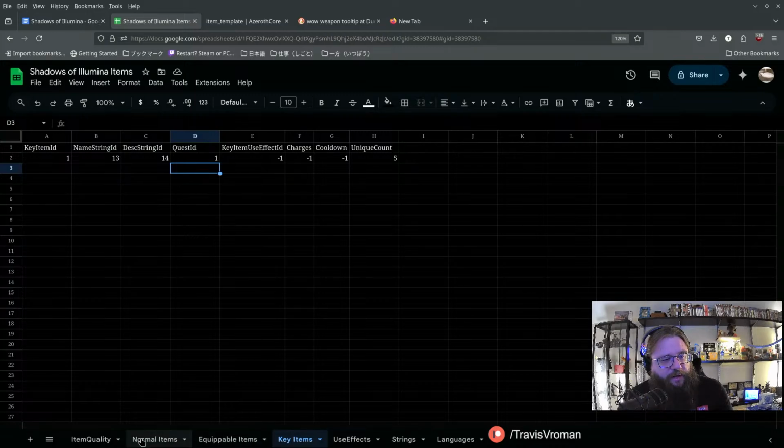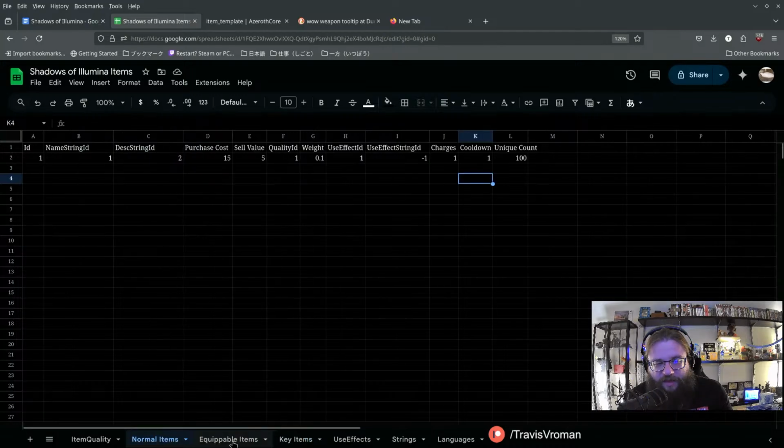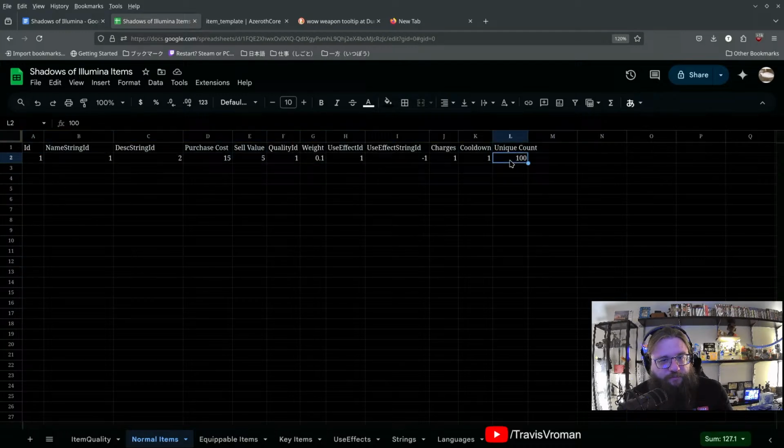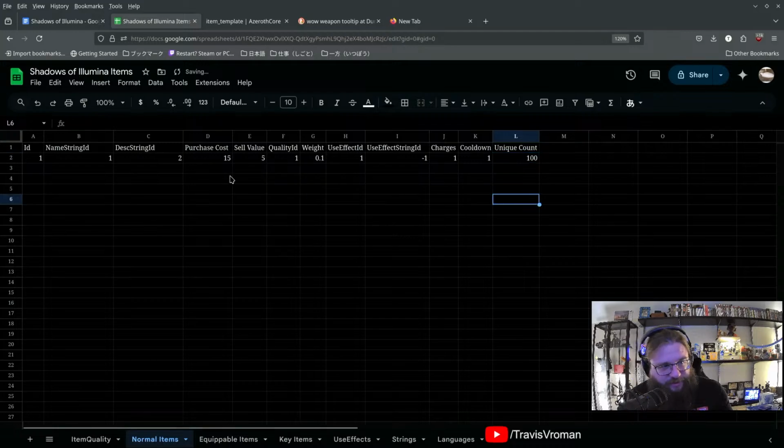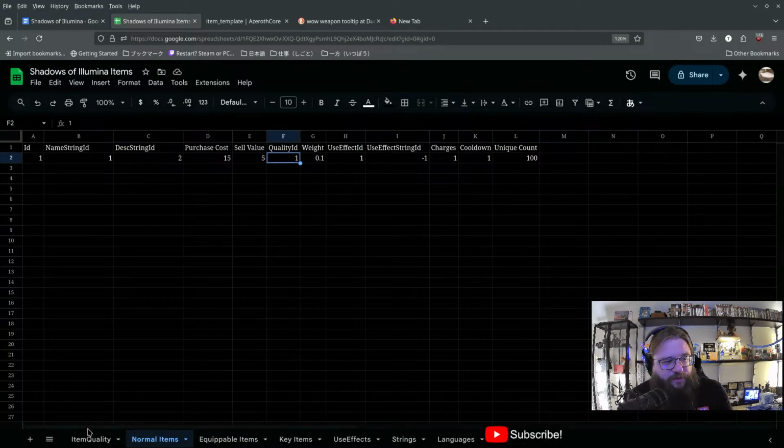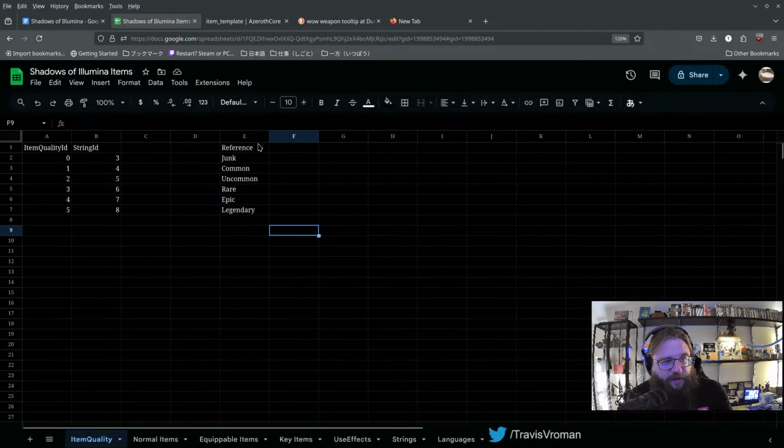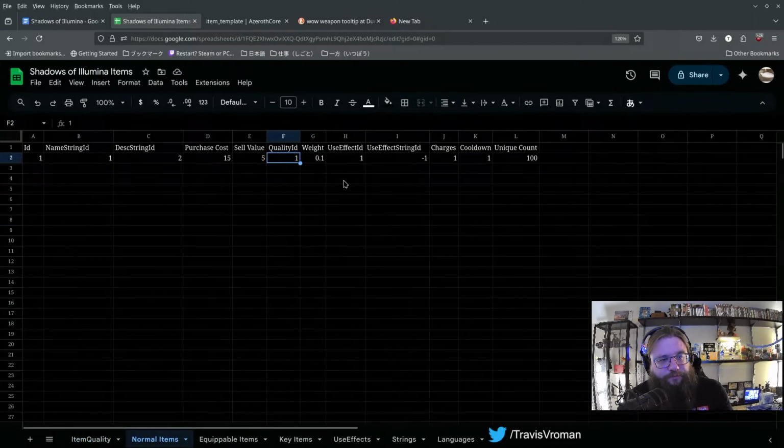So we have a couple of different types of items right now. We might wind up collapsing these into a single item type, but I don't think so. Because normal items have a bunch of various properties, which is what you would expect with most typical items in a game that sit in your inventory. They have a cost, a sell value, a quality ID, which is basically item quality. So we have junk, common, uncommon, rare, epic, legendary. And then we have a weight for each of those items, which actually, key items, I think,